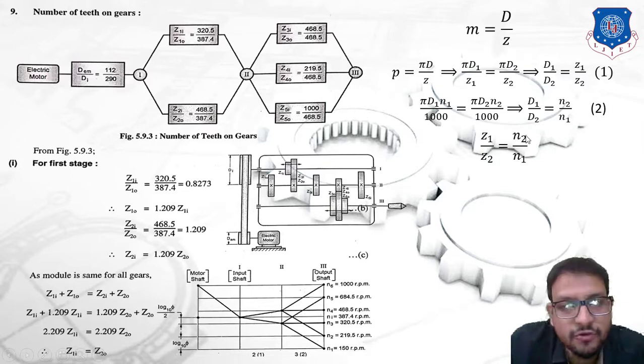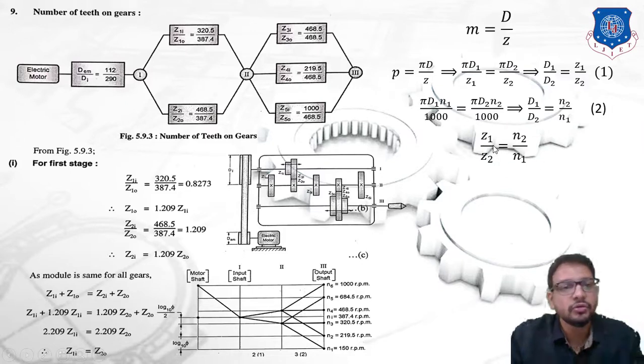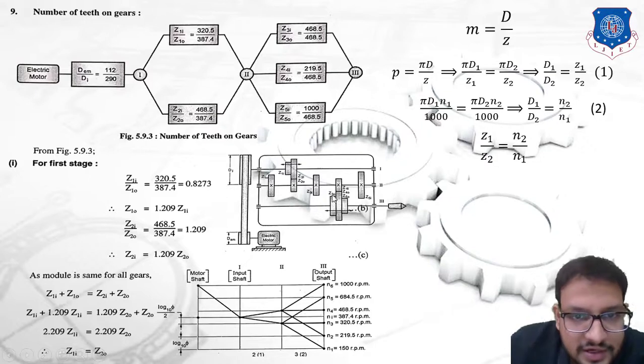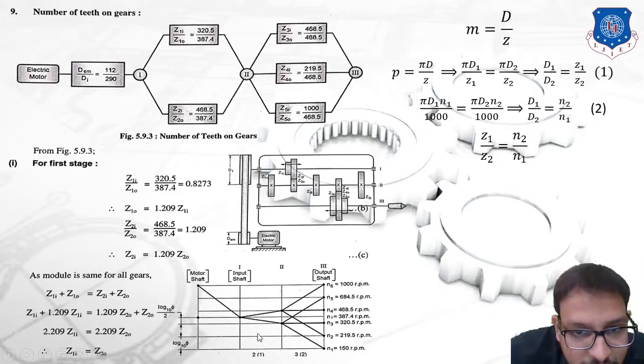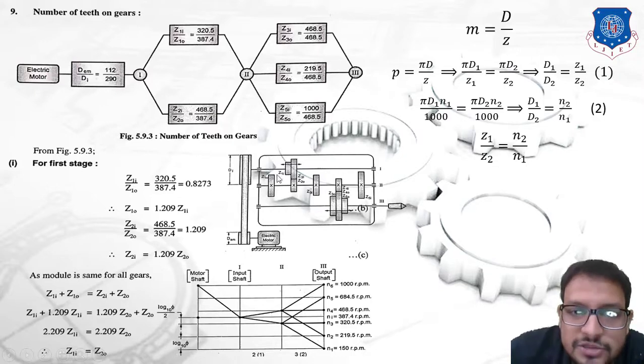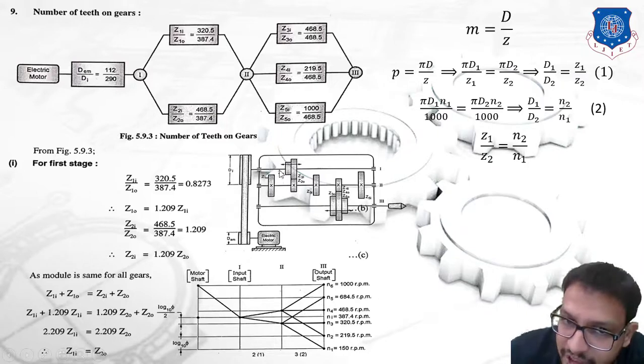We are going to use the formula z1 by z2 is equal to n2 by n1 to determine the number of teeth. In the kinematic diagram, on the input shaft, z1i is of a smaller size, z1o is of a bigger size, z2i is of a bigger size, and z2o is of a smaller size. So in the first case there will be a step down in speed, and in the second case a step up in speed. Corresponding to this, in the structural diagram, the upper line represents a step up, which corresponds to z2i and z2o, and the lower line represents a step down, which corresponds to the z1i and z1o combination, right?